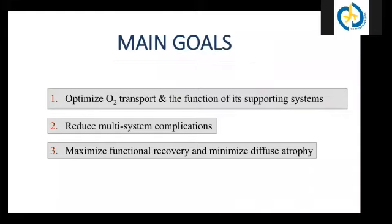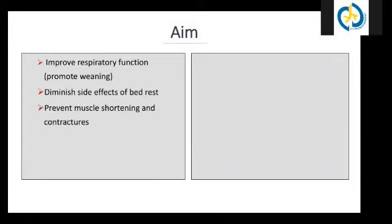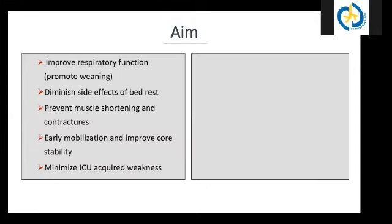And if it is weak, you have the ECMO to increase the oxygenation in order to make them fit for mobilization. So what is our aim? To improve the respiratory function and promote weaning, diminish the side effects of bed rest, and prevent muscle shortening and contracture, early mobilization and improve core stability,